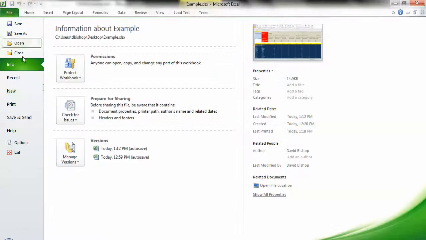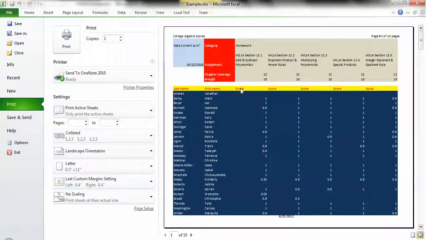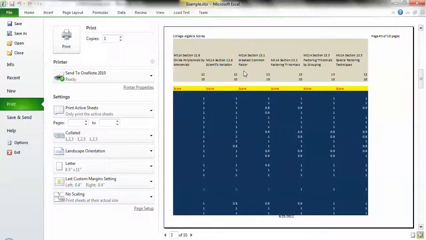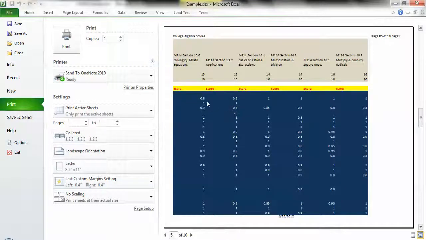But on the printout, if you take a look at it, when I move to the next page, those first rows do not repeat. When I move to another page where I get subsequent columns, likewise those first columns do not repeat. Okay, and this is kind of especially important in a printout, I think, because all the pages are